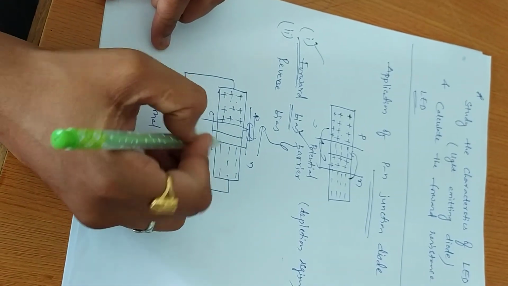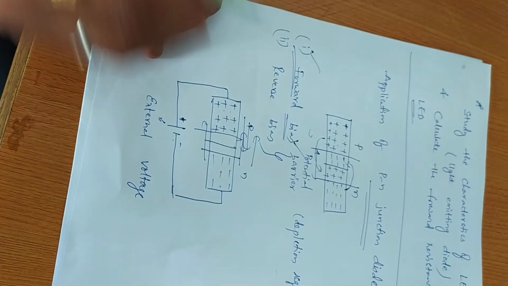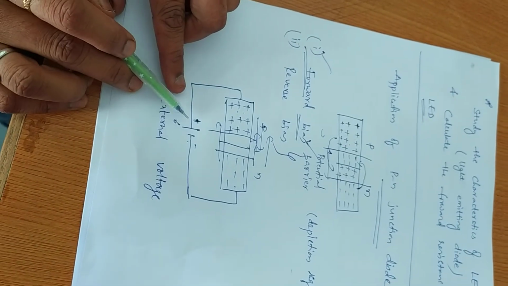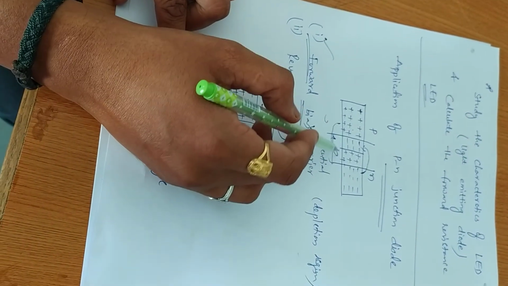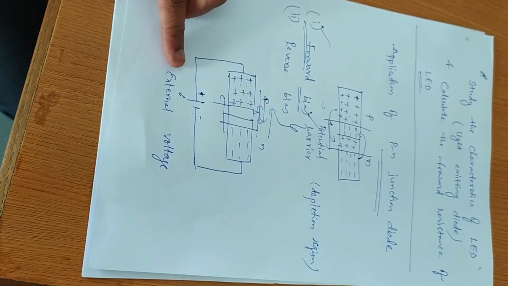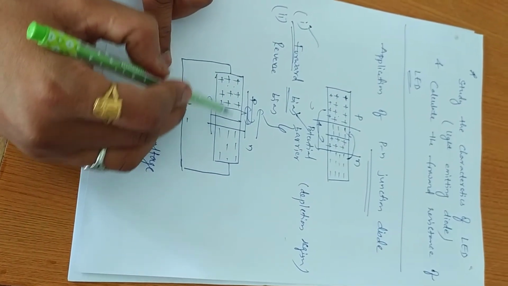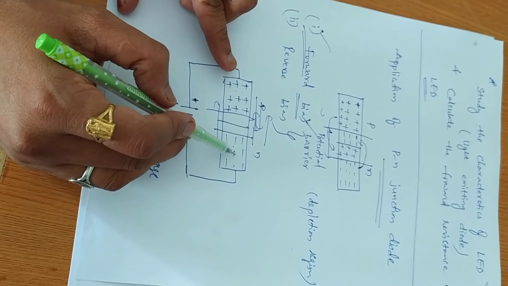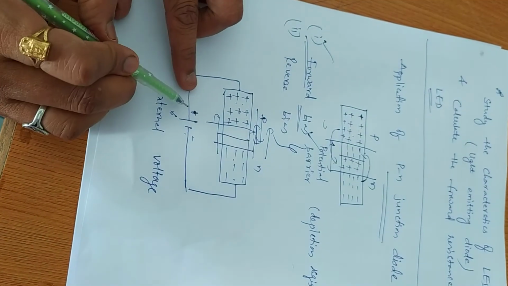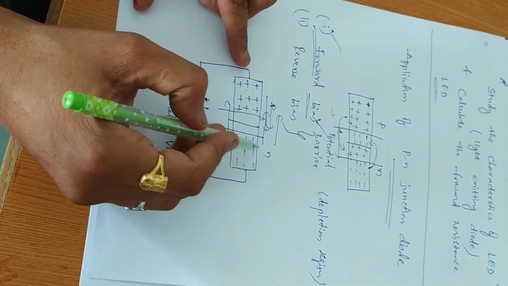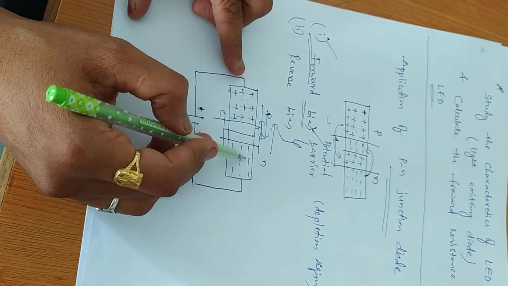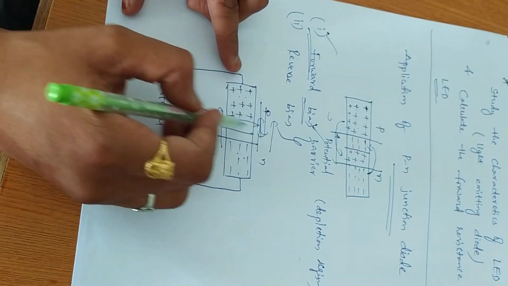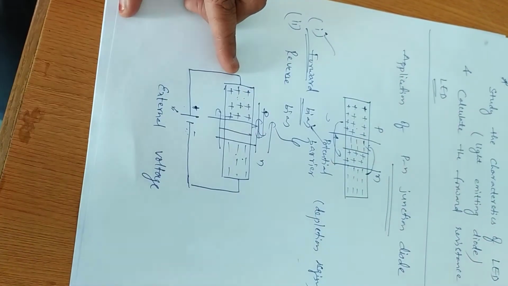This causes the decrease of the depletion region. Earlier we had a depletion region without the voltage, but when you connect the forward bias voltage, the width of the depletion region decreases, and finally it goes to zero. Why does it decrease? Because of the continuous movement of the holes from the P region to the N region and electrons from the N region to the P region. Because we have repulsion from here to here, the only possibility is that electrons can go from N to P and holes from P to N. Thereby we are decreasing the width of the depletion region.